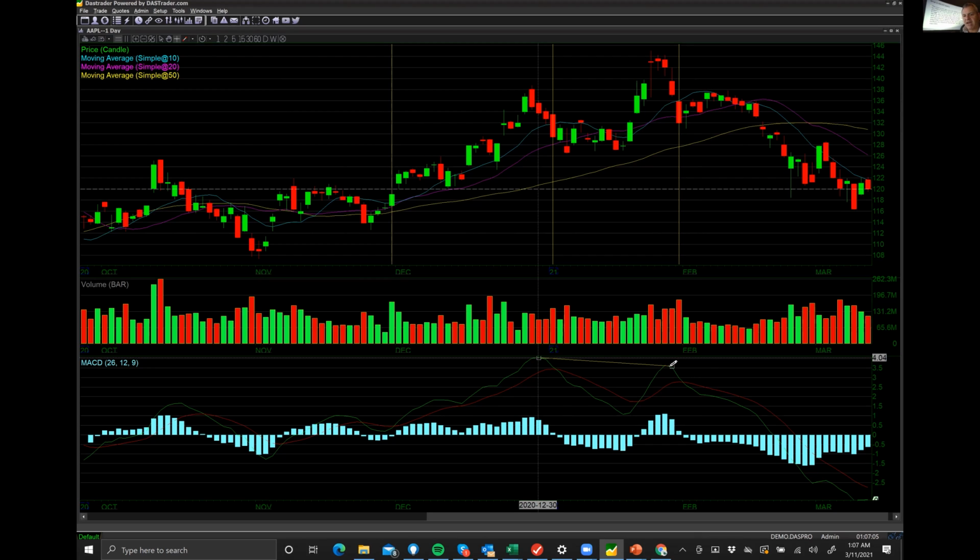So do you see how this high makes a lower high on the signal line? Whereas on the chart itself, you have a high and then a higher high. So this is a high and a higher high. This is a high and a lower high. So we clearly have a divergence between the MACD and the price and volume chart. Now notice that the signal line gives us a clear divergence, and then of course the crossover, which occurs here,